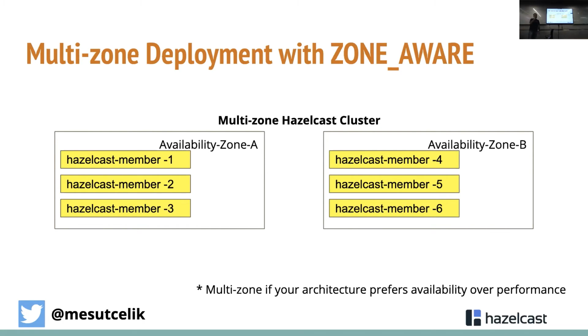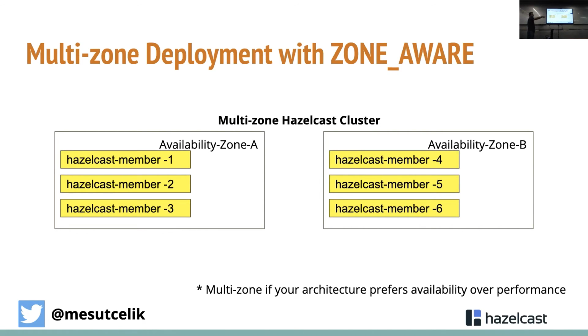But Hazelcast has a feature called partition grouping, and we implemented this in cloud environments and Kubernetes too. So Hazelcast members are aware of where they are located. So they query their availability zone info. And with partition grouping,